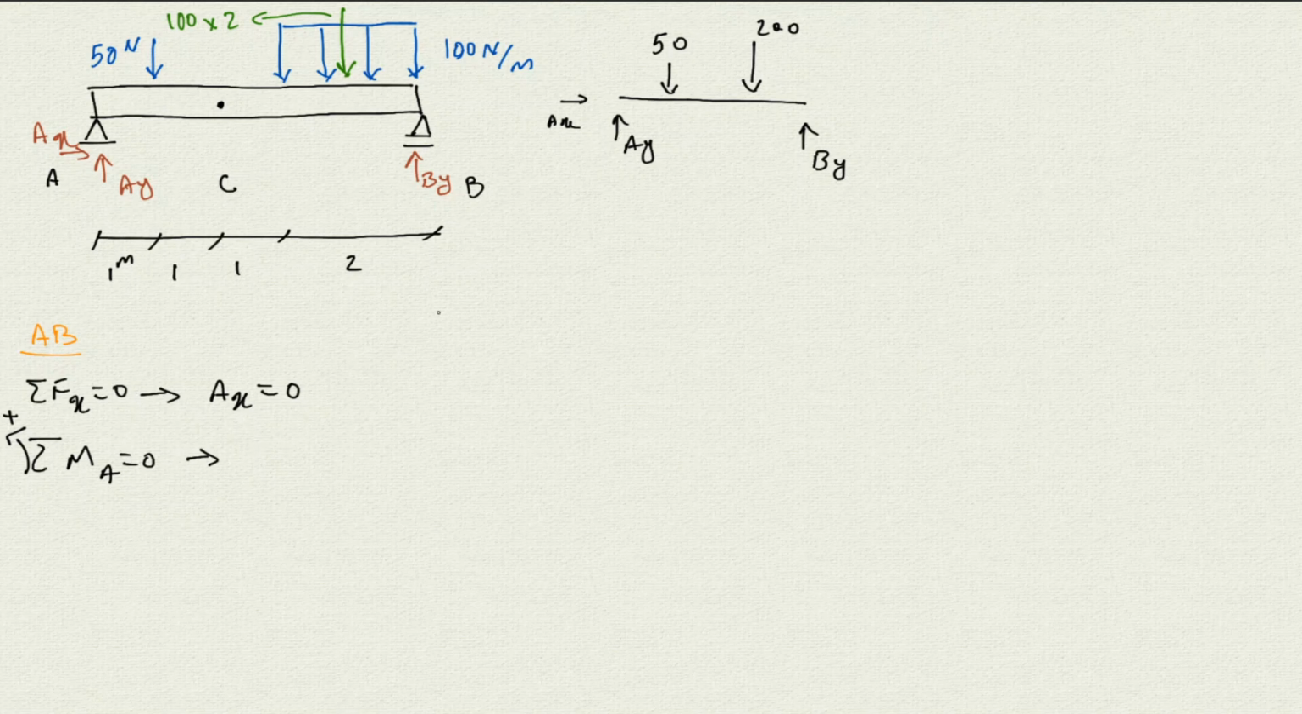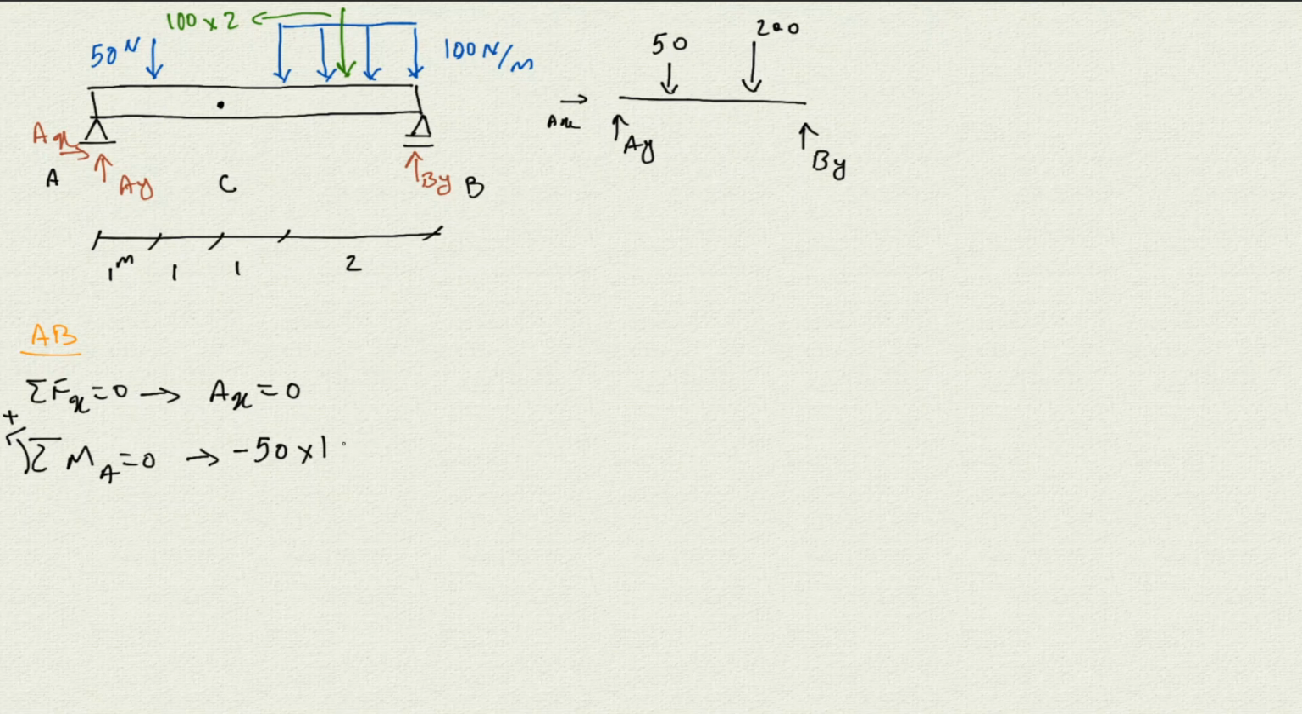moment about point A, then AX and AY don't have any moment about point A. It's going to be the 50 here, so it's going to be the 50 times this distance, which is going to be 1. So times 1, and it's going to rotate this section like this. So it's going to be rotated clockwise. So it's going to be negative. So we put a negative sign here. And then we have